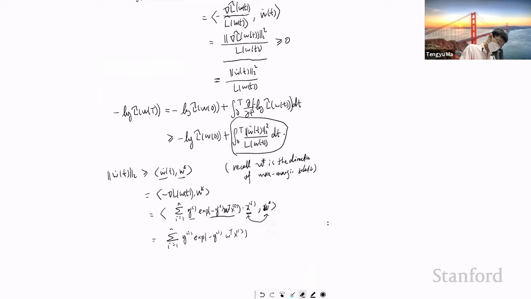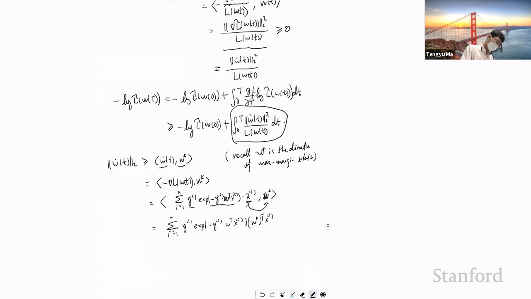I guess maybe let's write this. So W star transpose xi. And we can see that this is the margin of the max margin, because W star is the max margin solution. So this is always bigger than the max margin. So this is larger than gamma bar times,